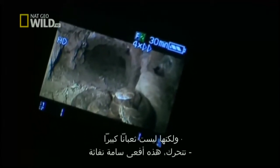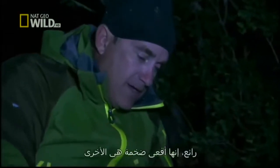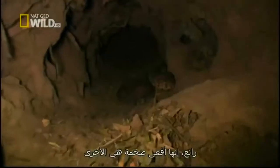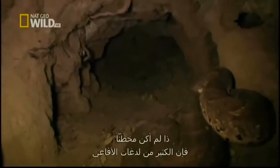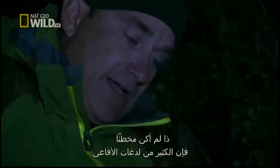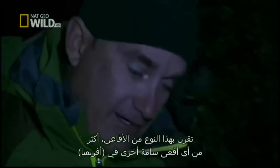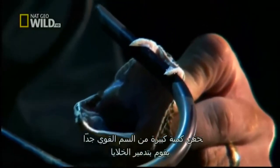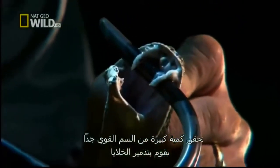But it's not a... Oh, python. He's moving. That's a puff adder. That's a venomous snake. Oh, that is awesome! That is a monster, too. That is a puff adder. Very, very dangerous snake. If I'm not mistaken, more venomous snake bites are attributed to this species than any other